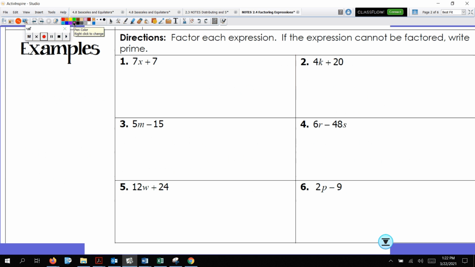All right, I have to factor each expression. That means I want to end up looking like I'm going to have a parentheses and it's set up for distribution, okay? So it's going to look like the problems we started with yesterday. So if you look at the coefficients, I have 7 and 7. Well, my GCF is in fact 7. That is the biggest number that goes into both. So if I divide both of them by 7,